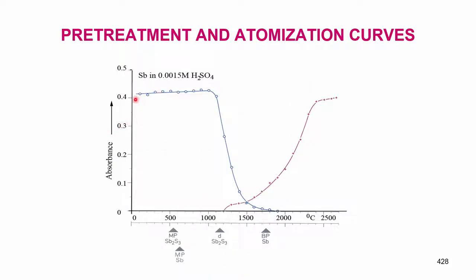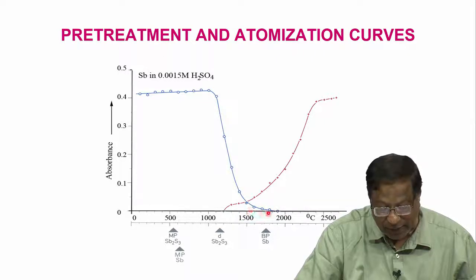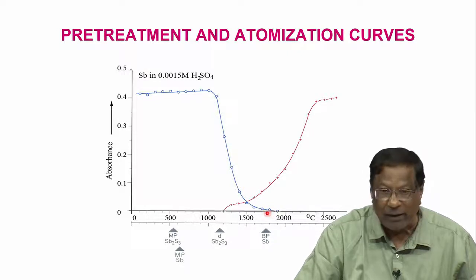Antimony again I have a slightly increased signal here, but for a known sample I can safely determine antimony up to pre-treatment of 1000 degrees centigrade without losing any antimony, but if I pre-treat at a higher temperature it will reduce